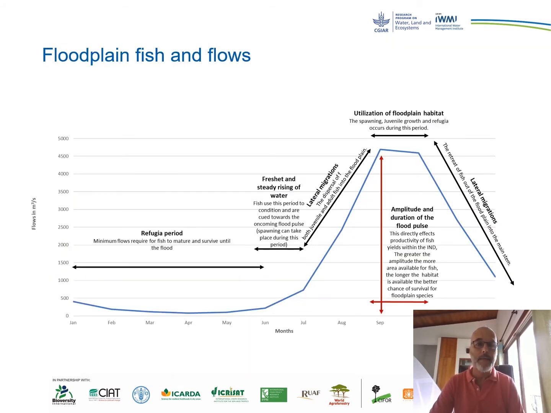In the case of a floodplain, we summarize the issues that a flood peak arriving on the floodplain will have for the fish population, for example. So going from left to right, we start in the dry months when most of the fish will be in deep pools, and then at the first sign of an increase in flow, the fish migrate onto the floodplain with ever rising water. The fish eggs on the floodplain hatch, and the small fish grow extremely fast before they return to the river as the floodplain shrinks. So we need to know all of this information.